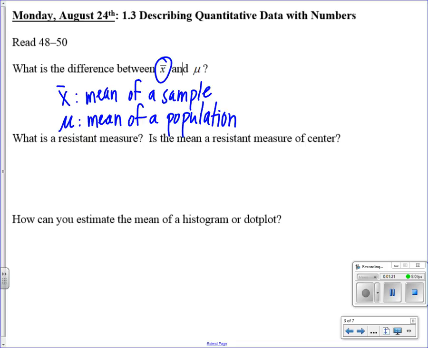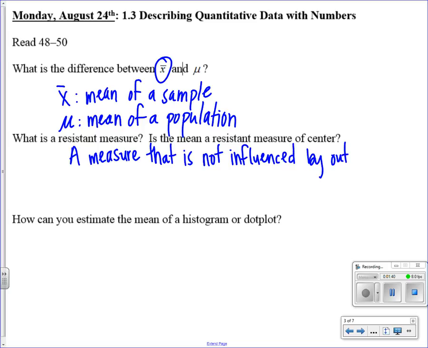All right, a resistant measure is a measure that is not influenced by outliers. Not influenced. So if that's what makes a resistant measure, is the mean a resistant measure of center?